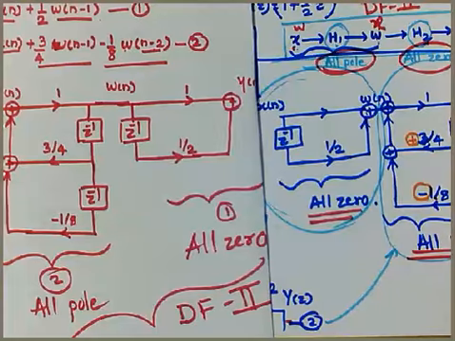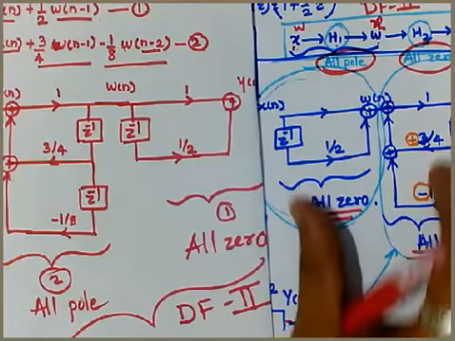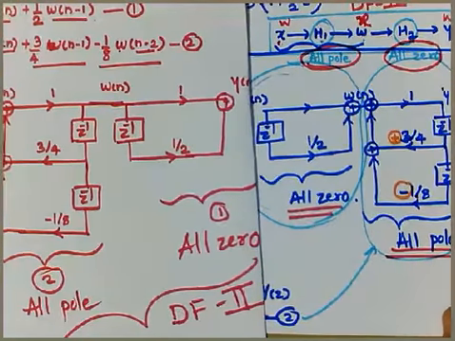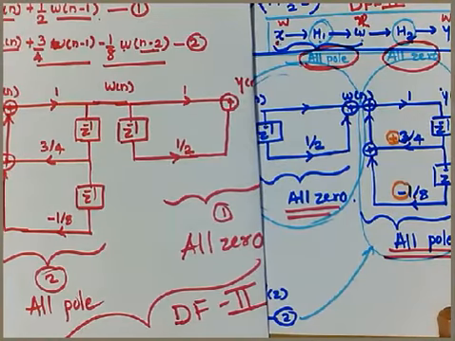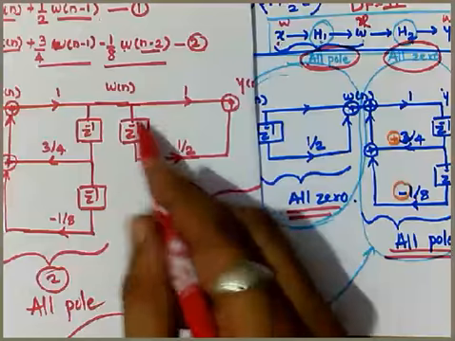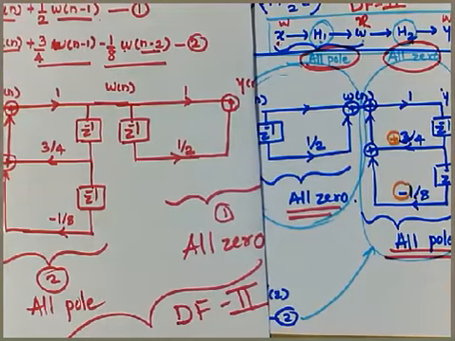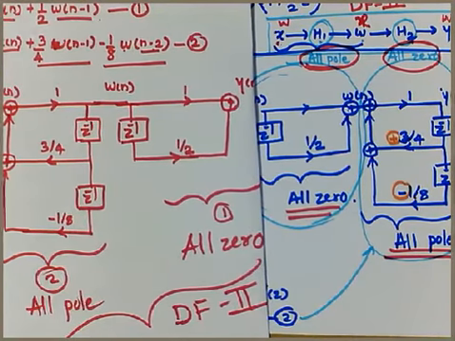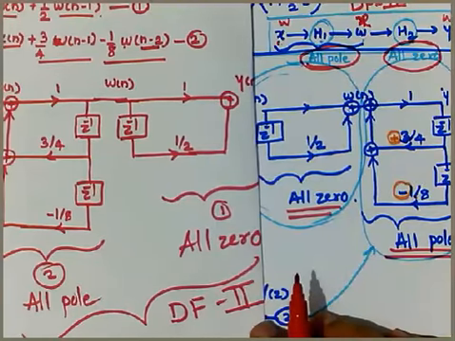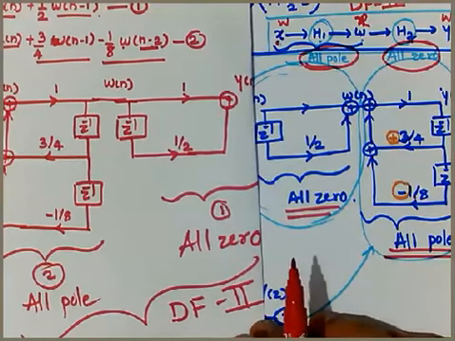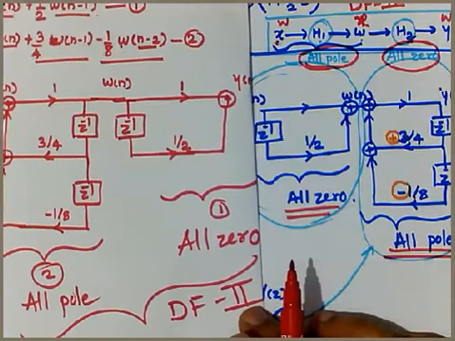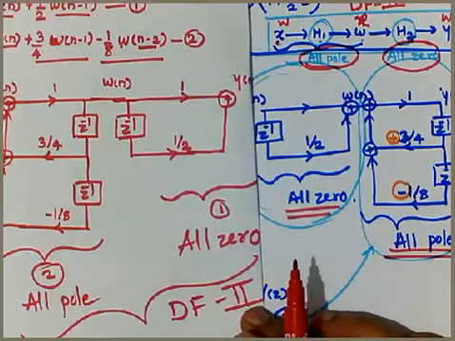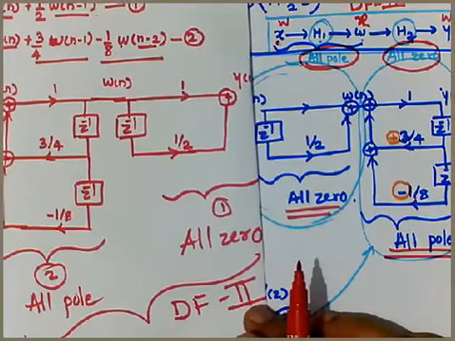So z inverse which was at the corner in the earlier case, right now is at the center. So these two can be combined in case of the direct form 2. So this is how the direct form 1 and direct form 2 can be written for the given difference equation. Just with the help of the simplified formats it can be done.